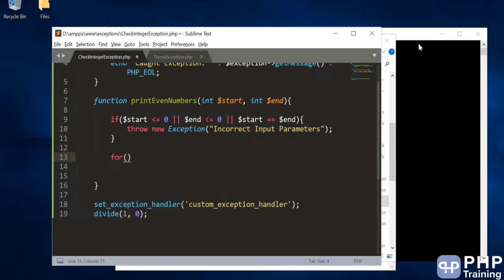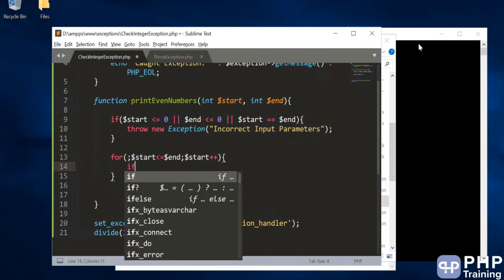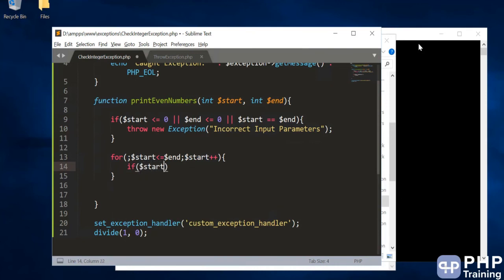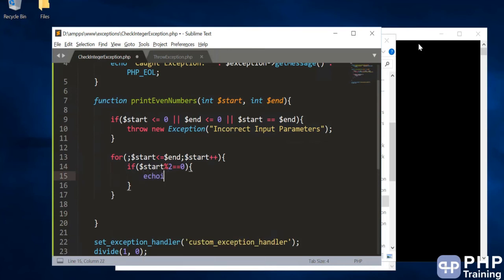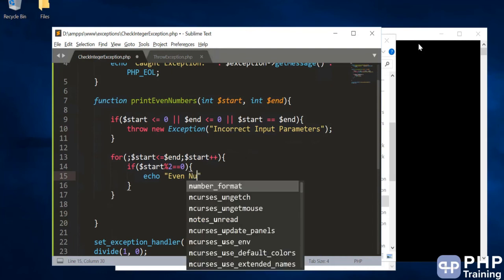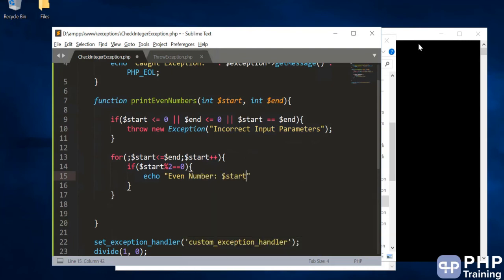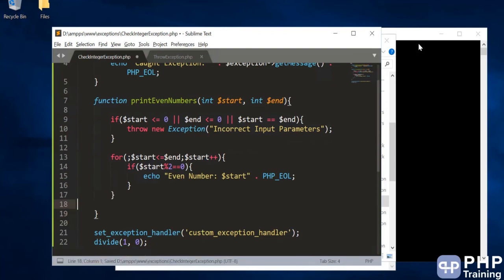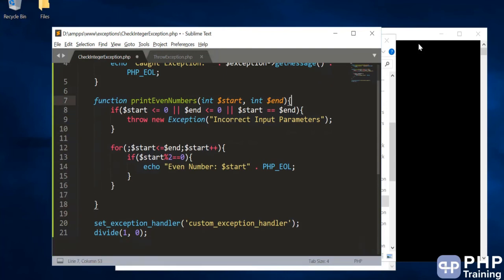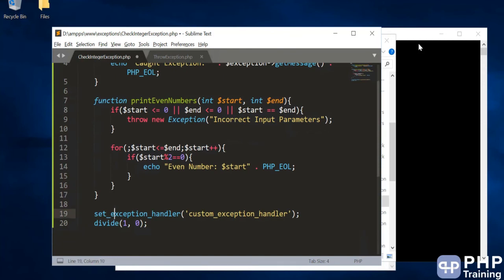So I'm going to write a for loop. We have the start and end, so we just say start less than or equal to end. If start modulo 2 is equal to 0, then basically it's an even number, so we'll echo it.